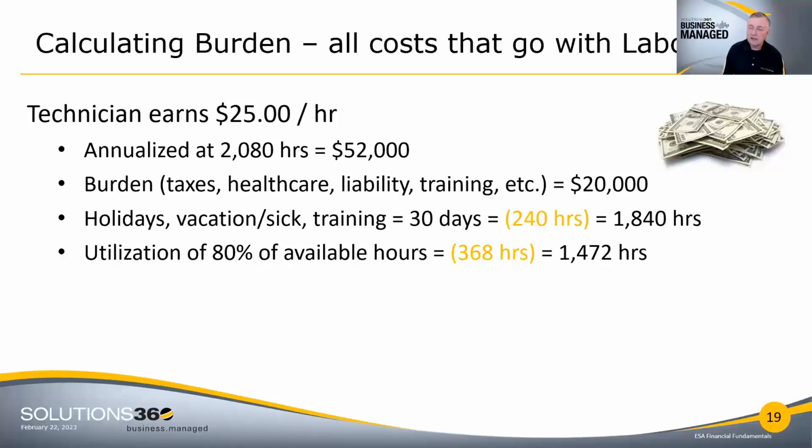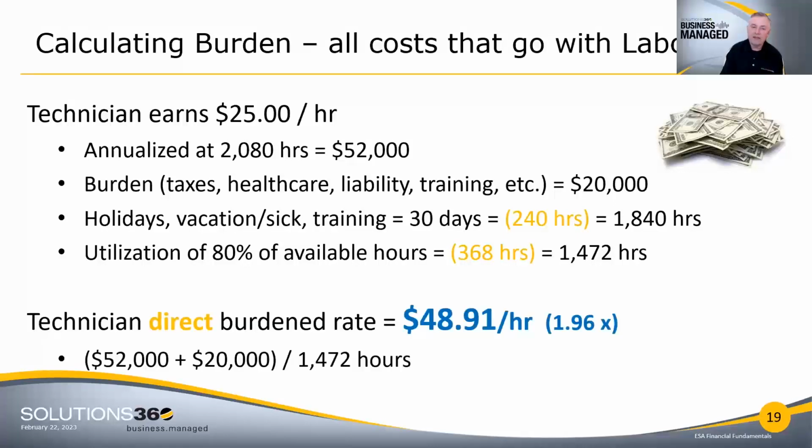So 20% of the available hours is 368 hours. That leaves me 1,472 hours of time I can bill to a project. So if I can only bill 1,472 hours to a project, what is my cost for that hour? And so the technician direct burden rate is $48.91. If you think about it as a multiplier, it's a 1.96 multiplier, or a 96% burden on top of